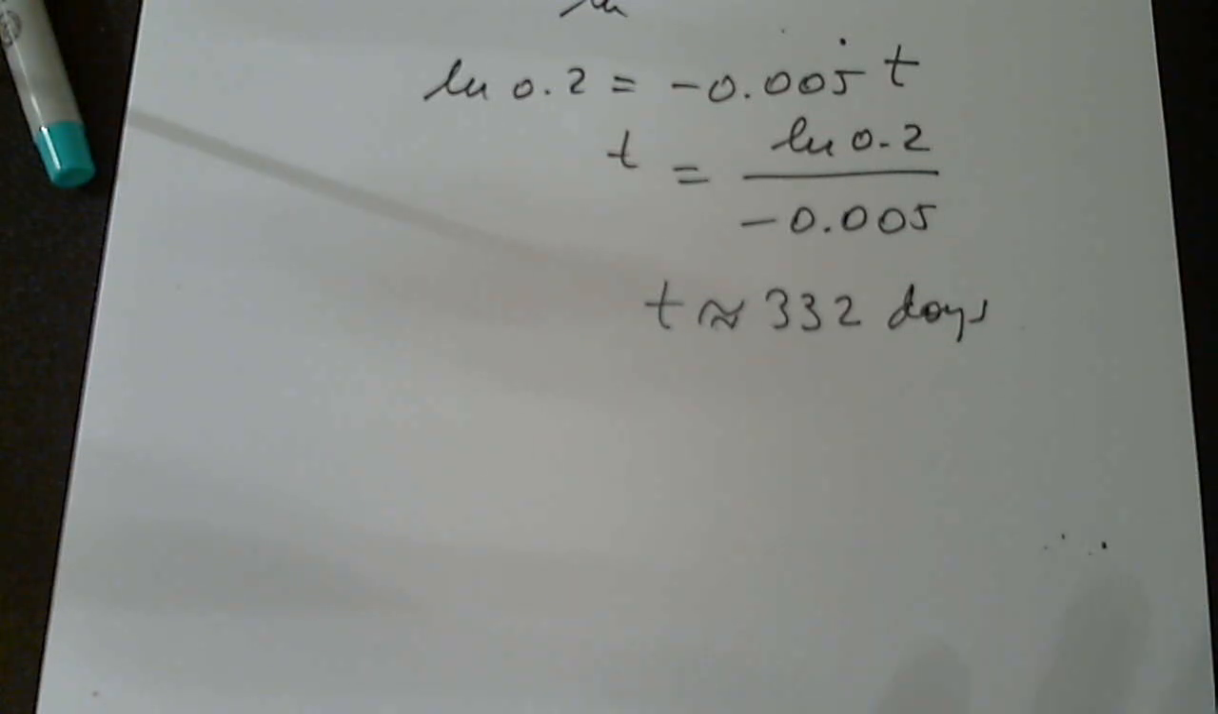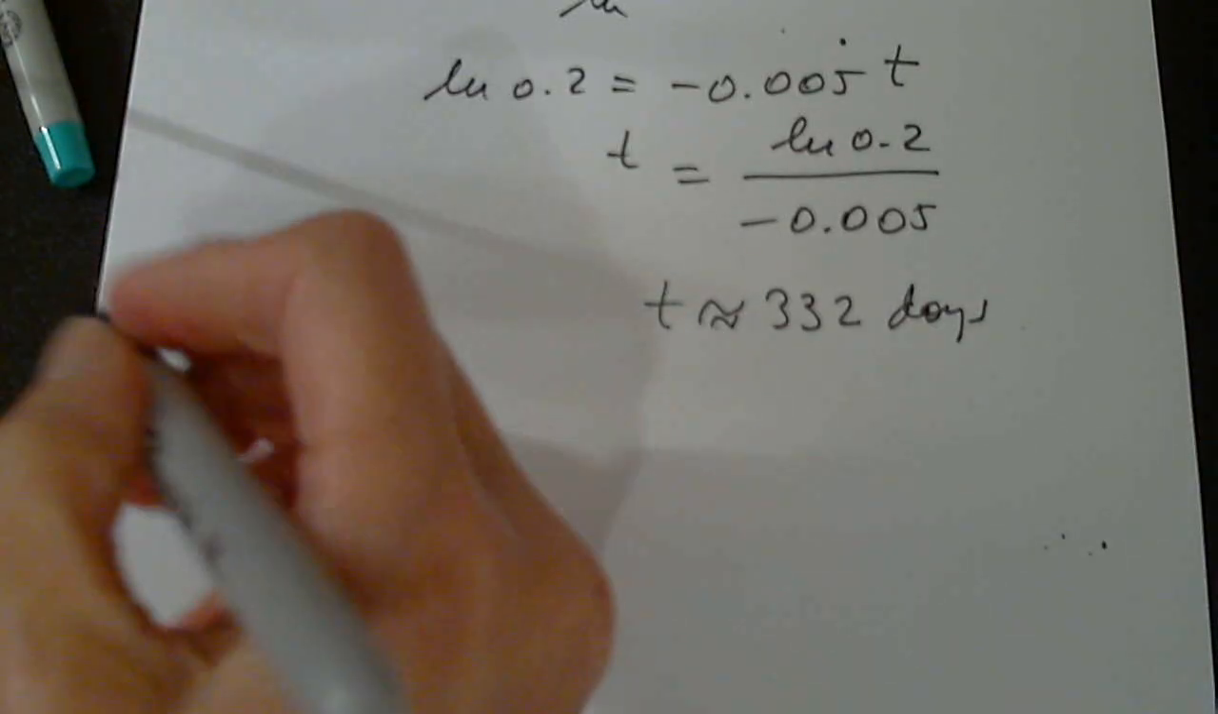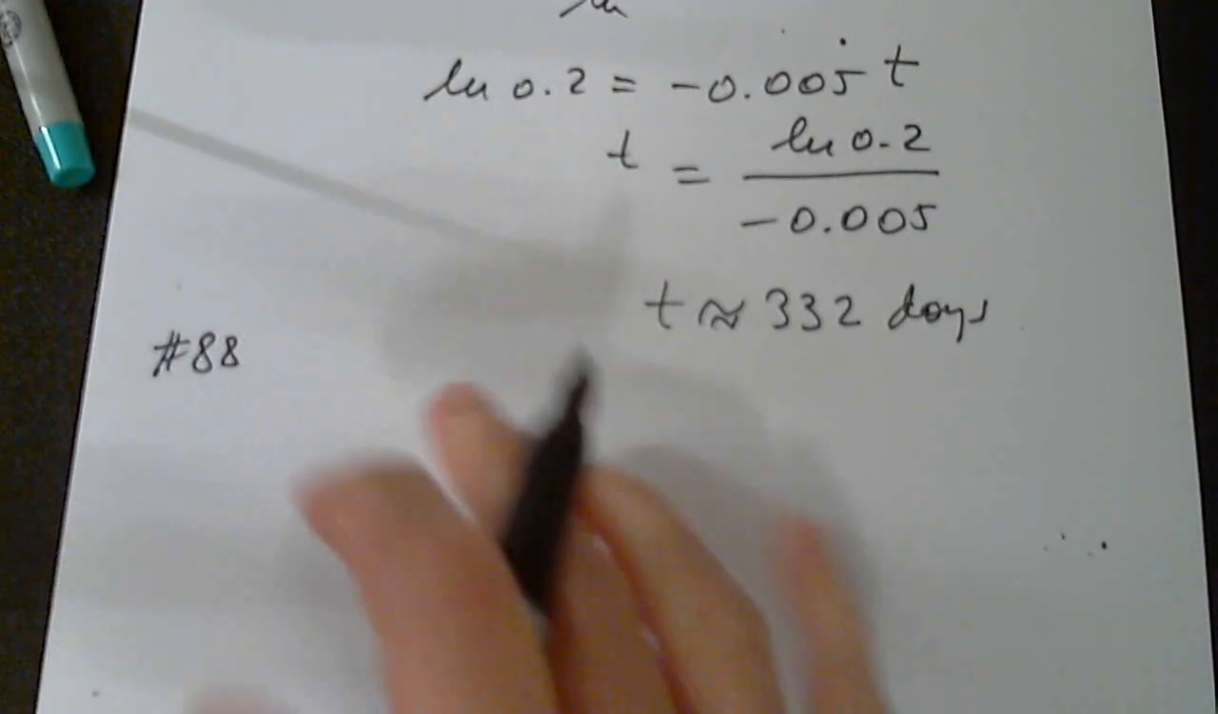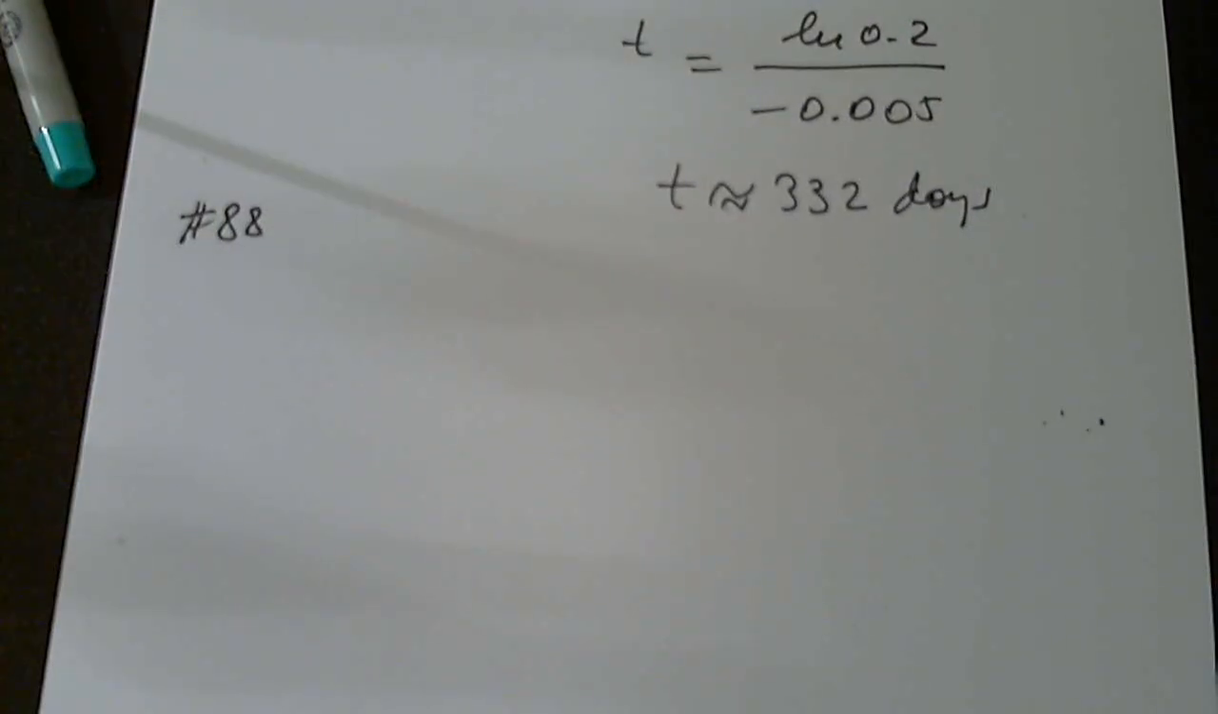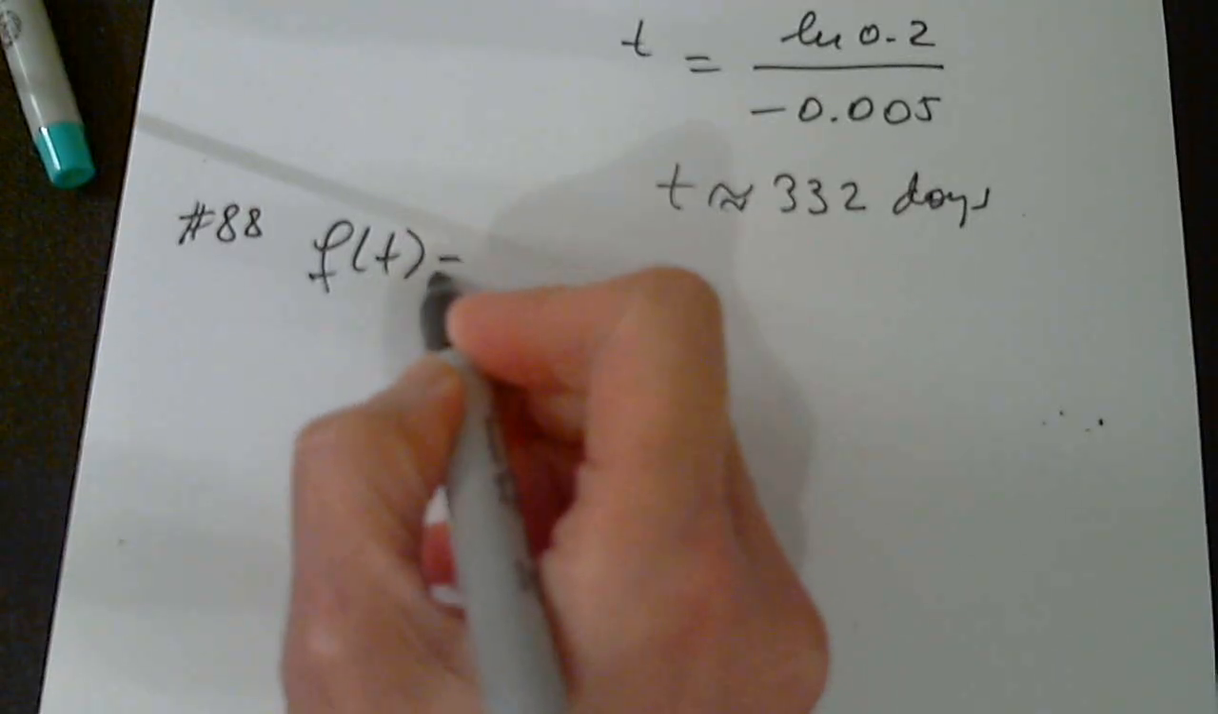These are the only three possible problems from section 4.5. Either the exponential growth, or the exponential decay, or the logistic growth function. So let's look at 88. Is anyone with me? Please say yes. Anybody? Yes. Okay, thank you. Yes. So we have f of t equals